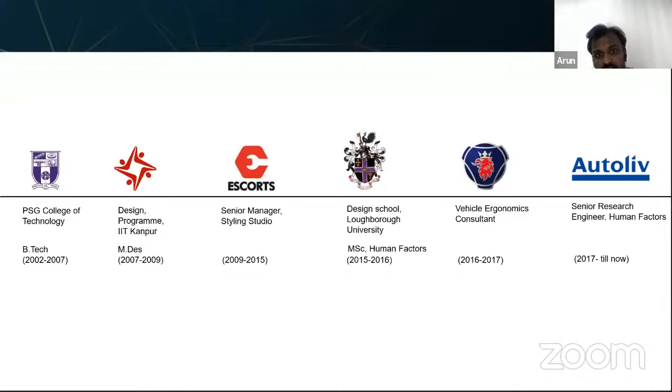That's the time when I started to understand how human machine interaction is a very important area, because especially in tractors you have a very different operator cockpit, with different levers and controls which have to be taken care of when you operate that vehicle. Having a very smooth interaction between the different systems and functions inside the vehicle was quite important. So that's where I wanted to learn how to design human interactions, and that's where I landed up in a design school in UK.